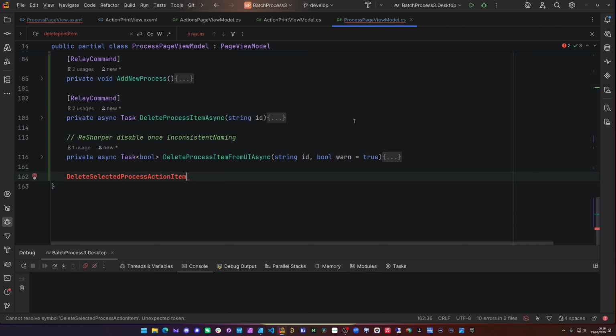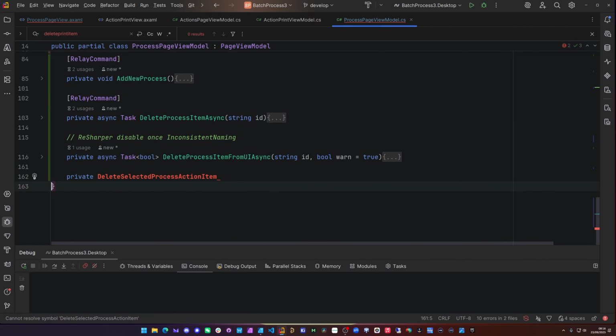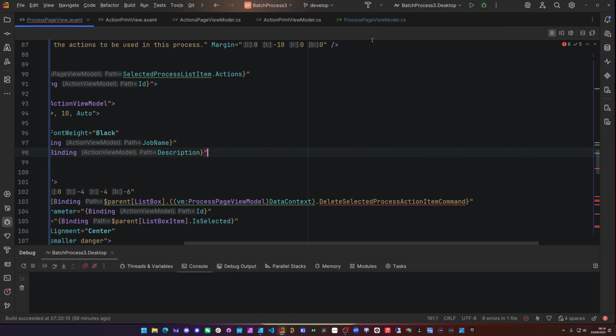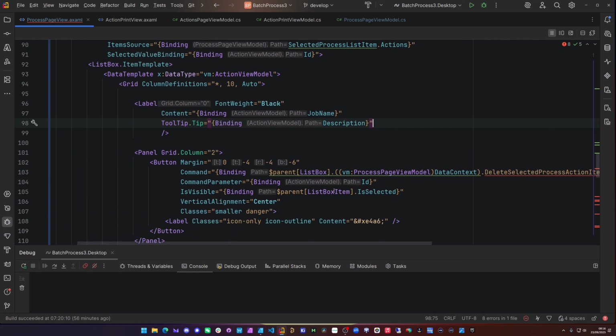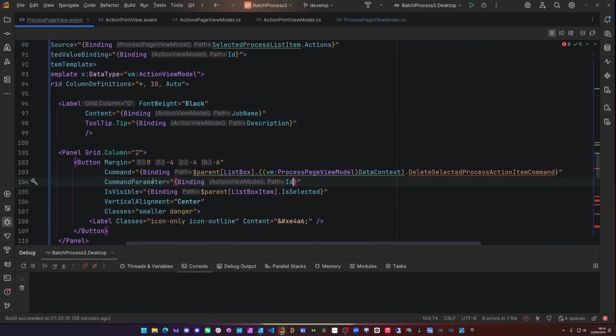And what we can do is we can put this function inside. This can just be like a bubble function to pass it to the correct place. And we shouldn't need, we will need the selected item, but just for here. So command prompt is ID. So the ID of the action view model is fine. The only thing this is going to limit us to